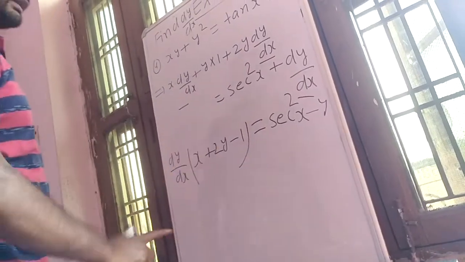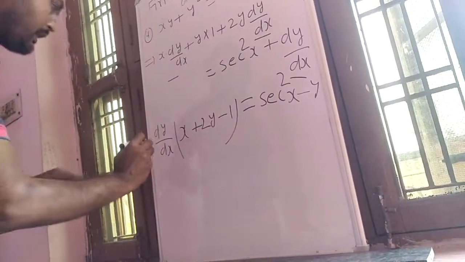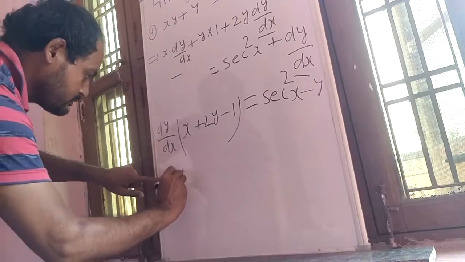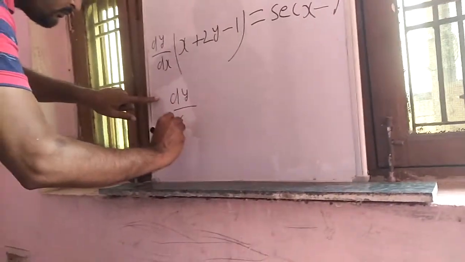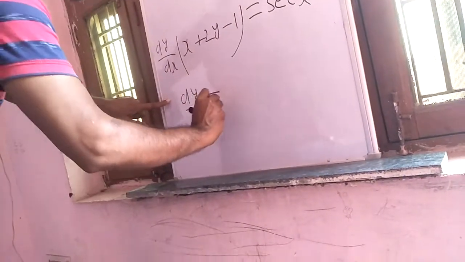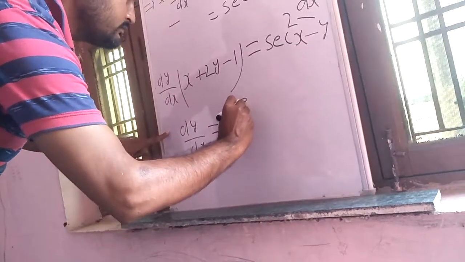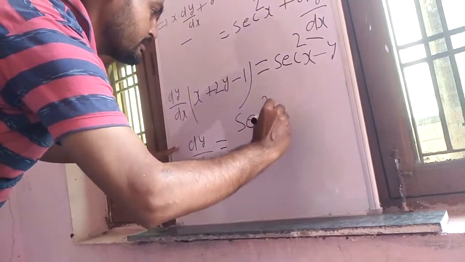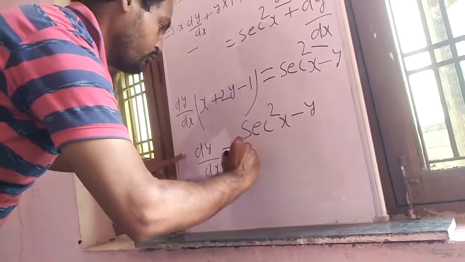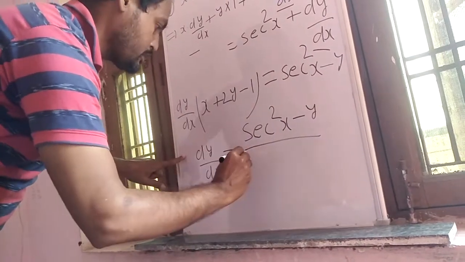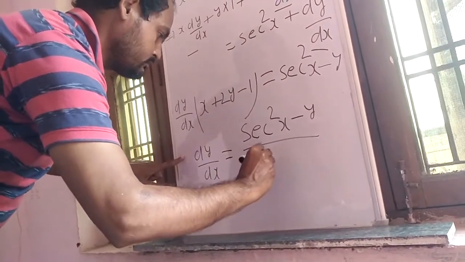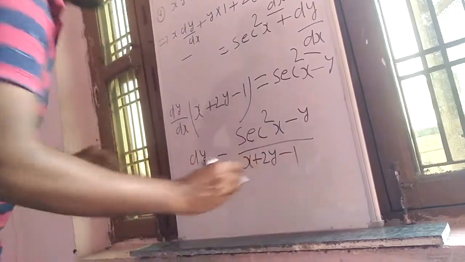Minus y is y plus, so we have to take it on the RHS as minus y, and the last case is dy by dx. And for the last sec square, we have to write the step same to same from here, or x plus minus 1. First of all we have to explain why xy plus y square equals tan x plus y.